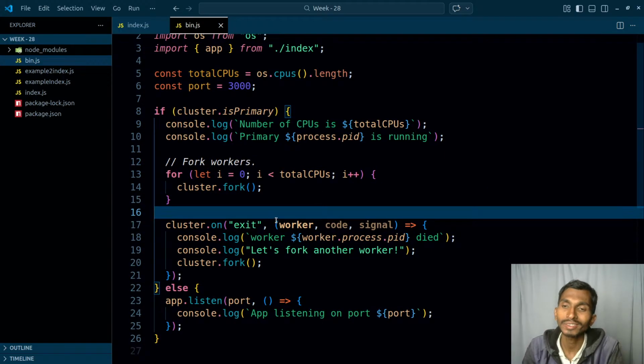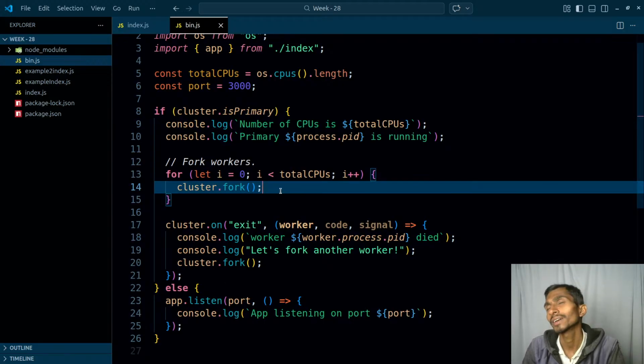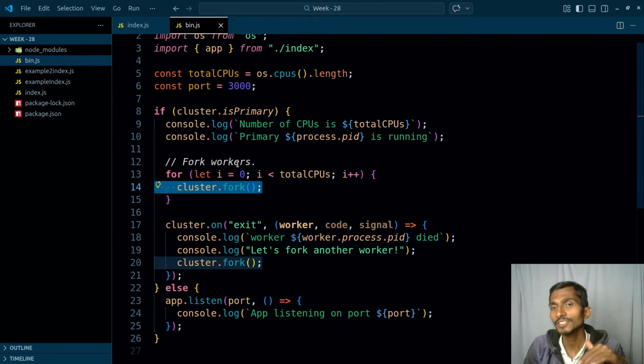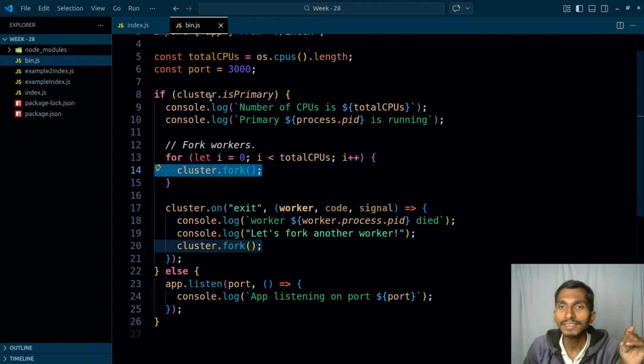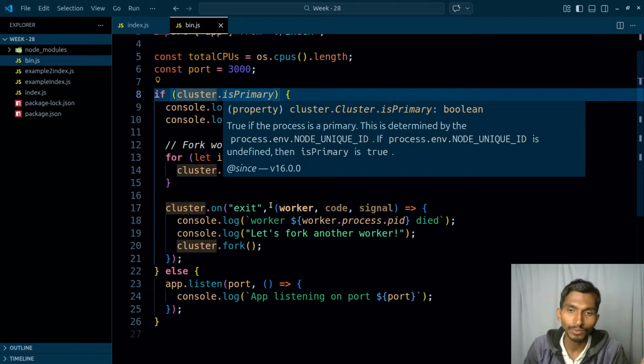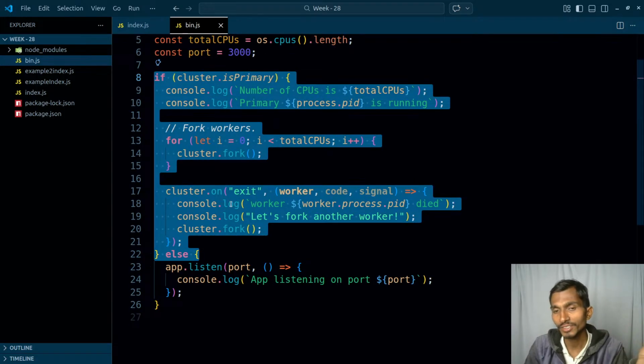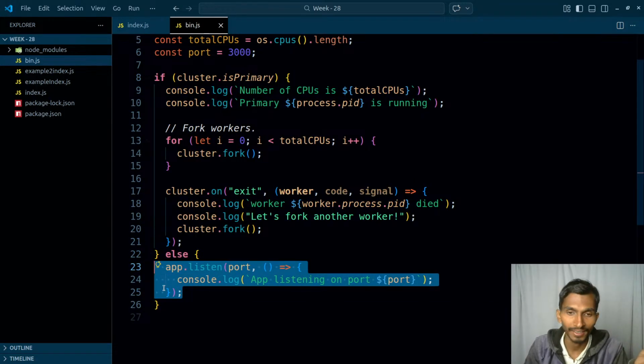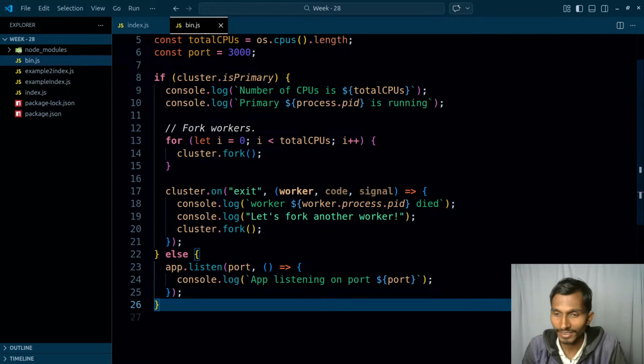And once the threads are forked, after that, whenever... how am I going to explain this thing? Okay, so when a thread is forked, this file runs again, and when this file runs again, at that time cluster.isPrimary becomes false, and when this becomes false, this simply means the second part, the else part, is going to run. So this is the simple thing. Just a sec, give me a moment.